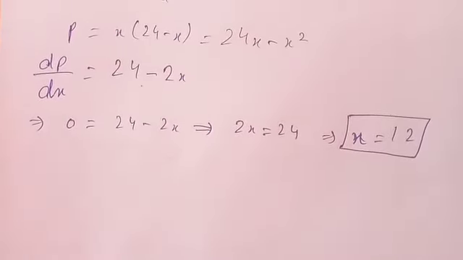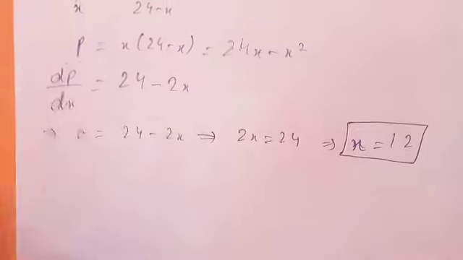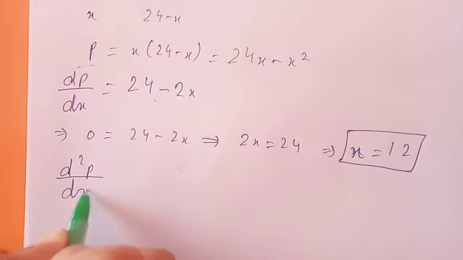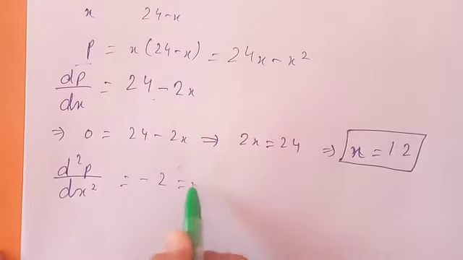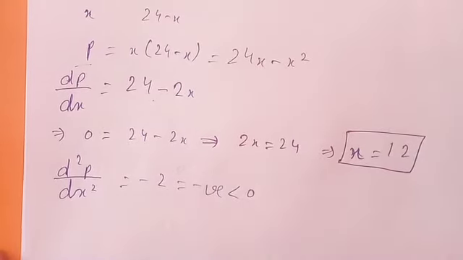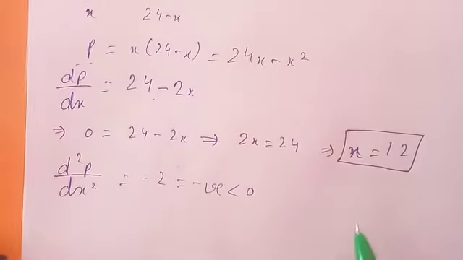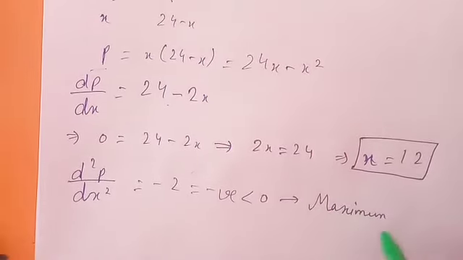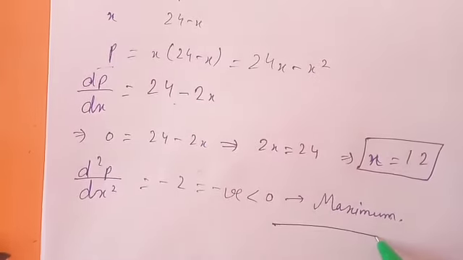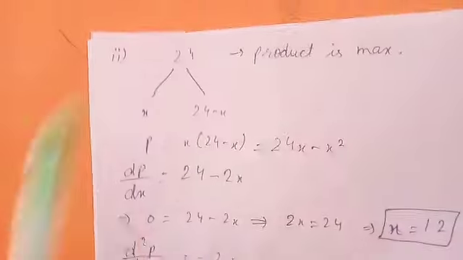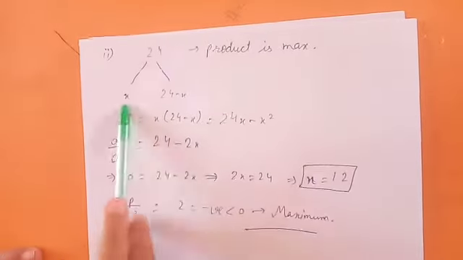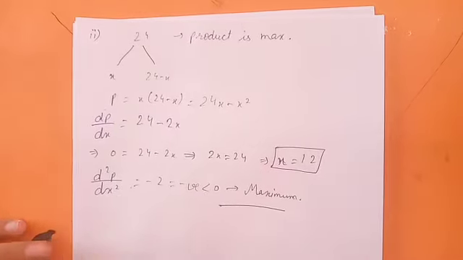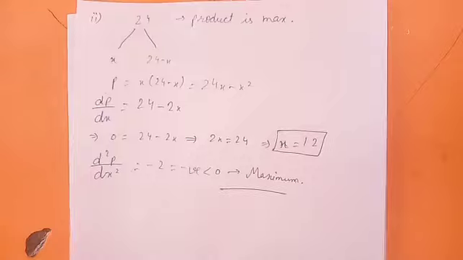And to check whether it is maximum or minimum, we will take the second derivative of our product, that will be d square p by dx square. It is again minus 2, that is negative, less than 0, and if our second derivative is less than 0, then we have our maximum at that point. Understood? Means if we divide 24 into 2 parts with x equal to 12, then the product we get will be maximum. Okay,